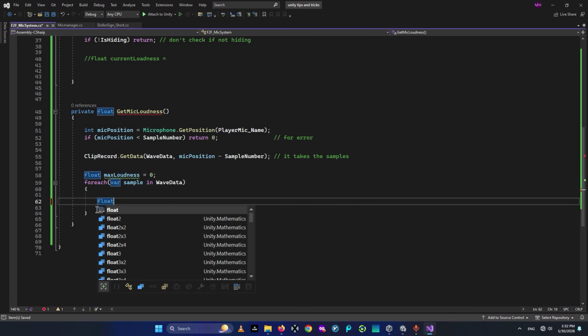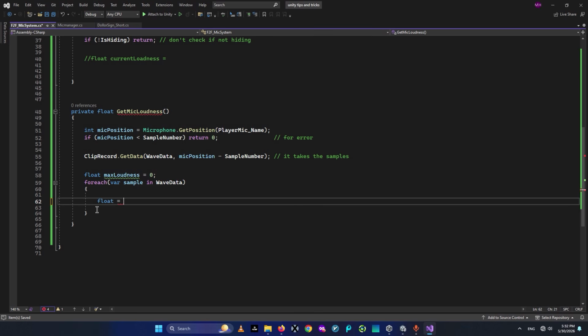So we need a float. The audio noise actually has a positive value and a negative value. Since we want to check a number and we only want positive values for our comparison, we're gonna be using something called an absolute, which is actually inside math. What it does is any number you give it returns a plus value. Even if you give it, for example, minus 11, it's gonna give you positive 11. This is some math stuff. So I'm gonna say Mathf dot Abs, and for the absolute I'm gonna put